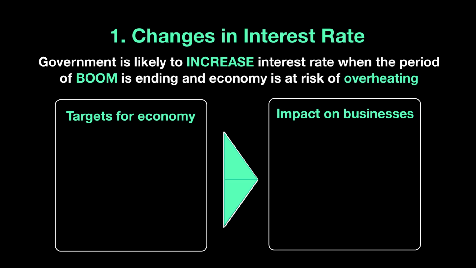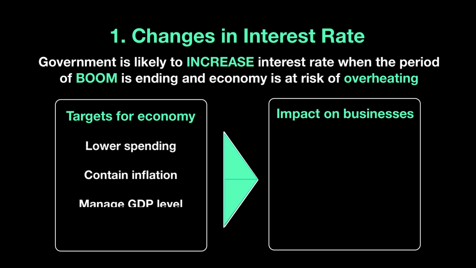So the government will set specific targets for the economy. In order to avoid overheating, we need to start lowering the level of spending, both from the consumers and the businesses, because the consumers keep spending, and if they have more money, then businesses keep increasing their prices, and that also leads to higher inflation, which is obviously not a good idea. So you also want to contain the speed of inflation. You also want to make sure that the GDP is going up at a sustainable rate. You don't want your boom to be too fast, too quickly, and then you go into a recession. You want to extend that period. So to avoid overheating, you need to manage a certain level.